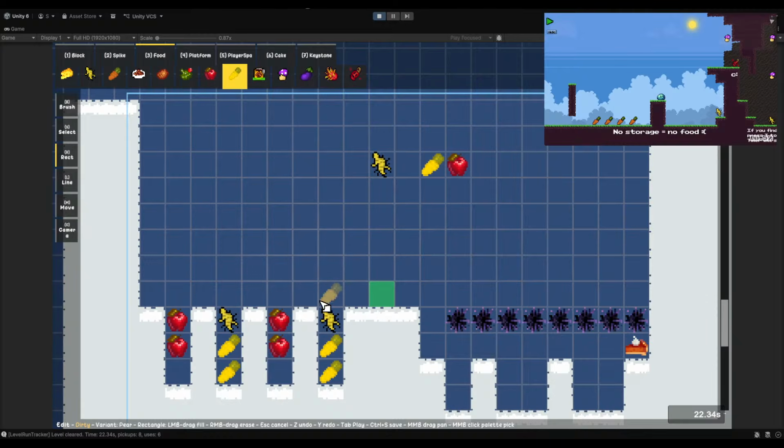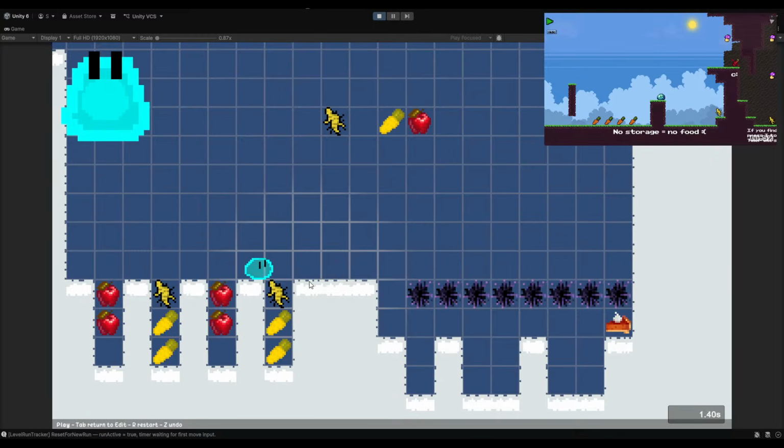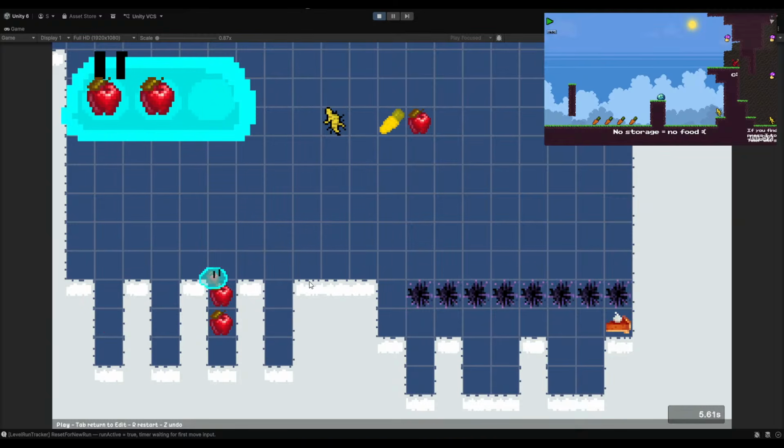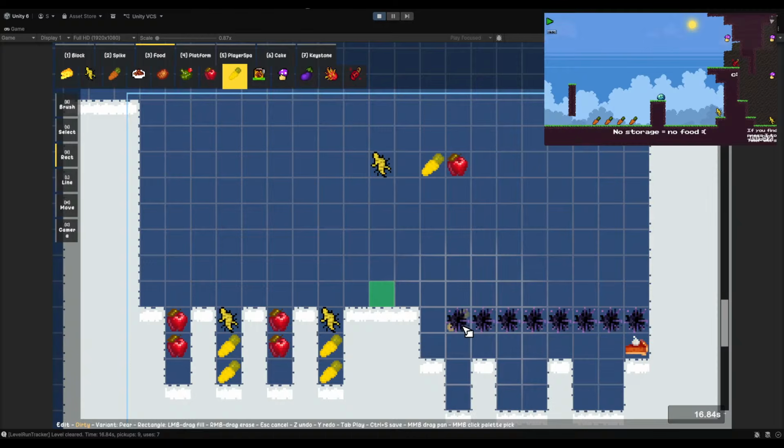Oh, shoot. I need to make sure apple is only usable on ground. Because otherwise a solution like this is possible, where you just grab 3 apples. Well, I used it too fast, I guess. Oh, right. We don't snap up the... Okay, I really need to fix that. Otherwise that's possible. So we need to make apples only usable on ground.